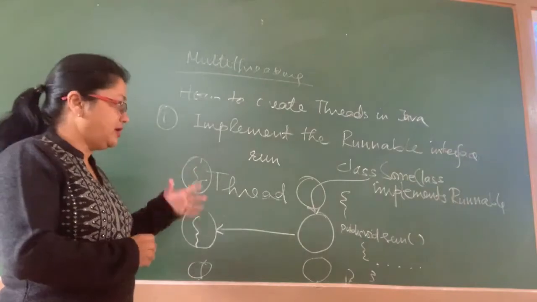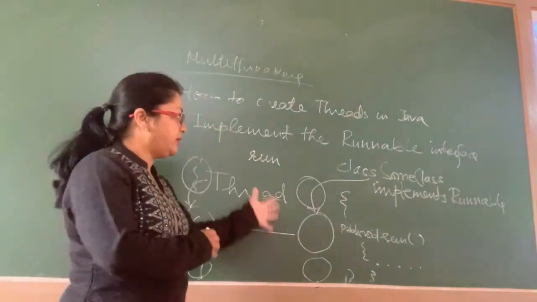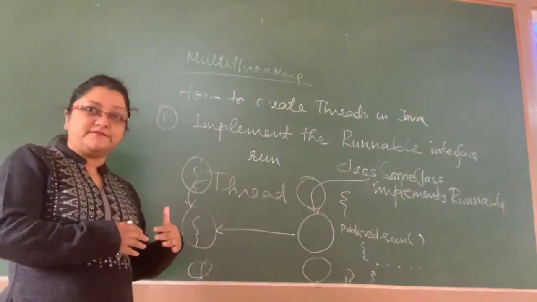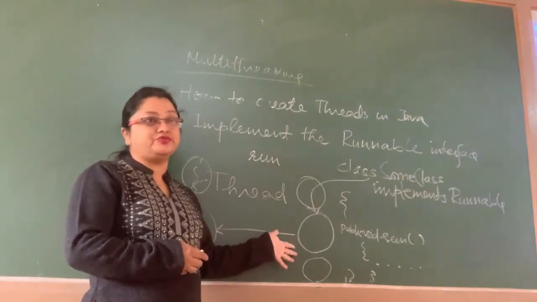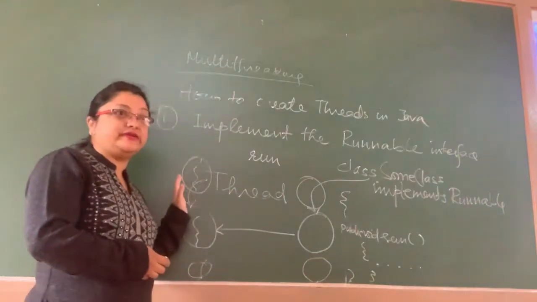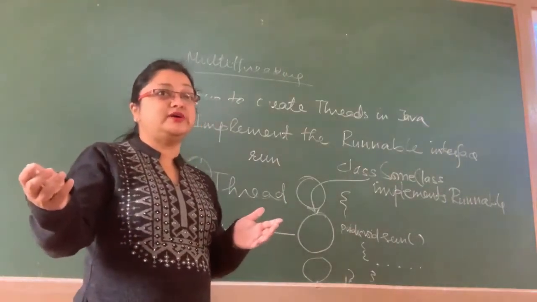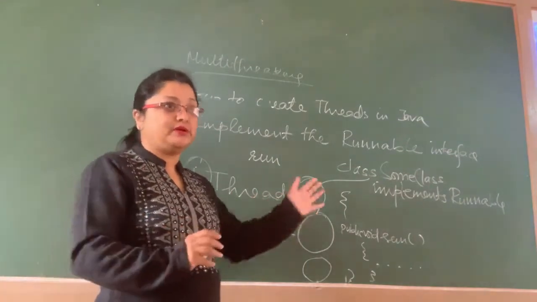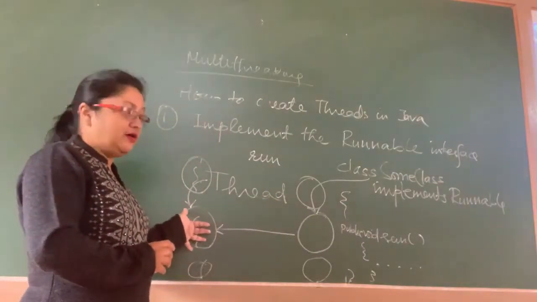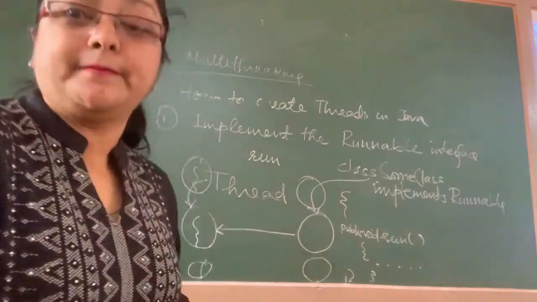Is this clear? Let us see how this is going to work. This way takes a little more time and there are more steps involved, but this is actually how you should write your multi-threaded programs, because you are separating the task and the thread. Thread you just think of as something which will do the multi-threading part, but your task is totally different. So this is how we are going to look at the first example. We'll see a program.